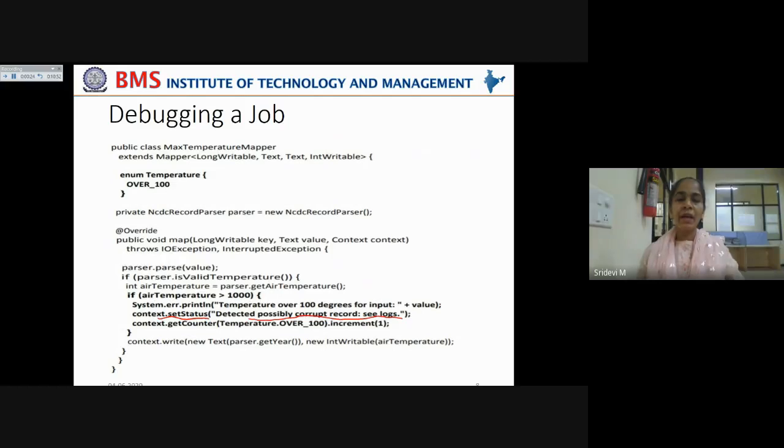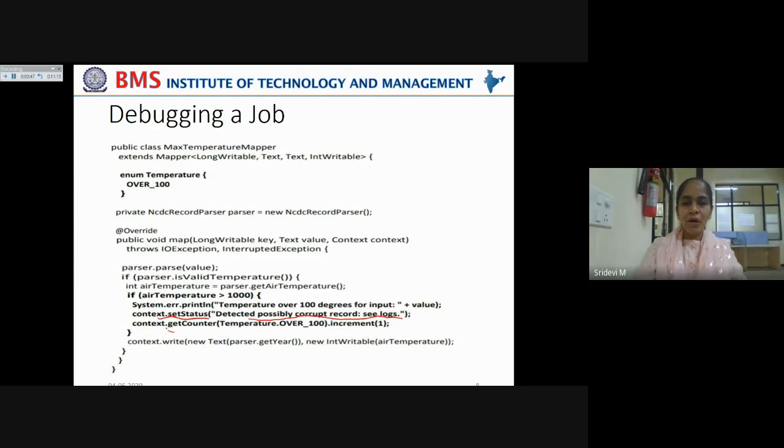It is prompting the client to see the logs in order to identify what type of error has arisen. Is it due to erroneously captured data or something else? In order to find that out, we are giving it through setStatus. Just go through the logs.